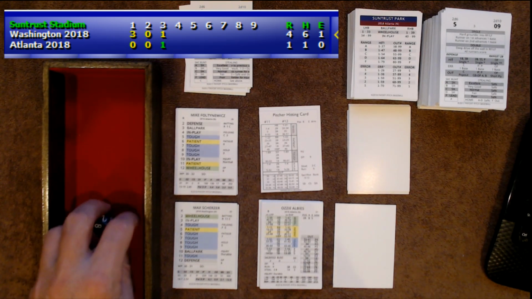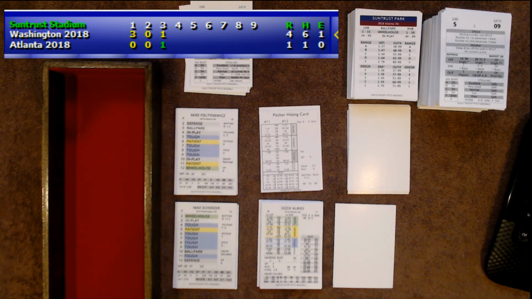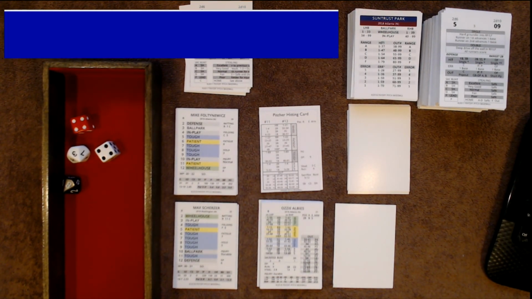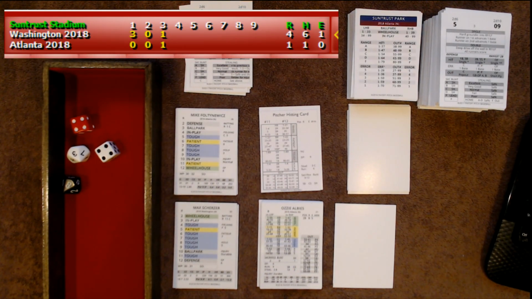All right, so what do we have here? We have a runner at second. Ozzy Albies is up, 2 away here in the bottom of the third. 1 run is scored as Ryan Flaherty comes in on the ground out. And it's an 8, tough 83, out of range, and that's going to do it. That's a fly ball. It's going out. Oop, I have to click back in over here now. It's going to be a fly ball to center field, and that's going to do it. But 1 run, 1 hit, no errors. We go to the 4th inning, 4-1 ball game.